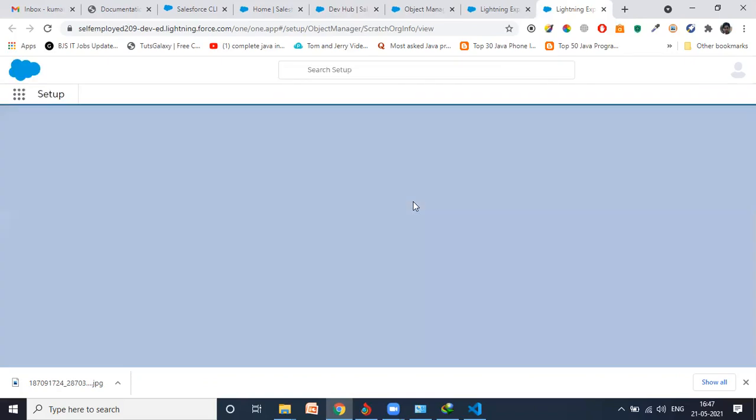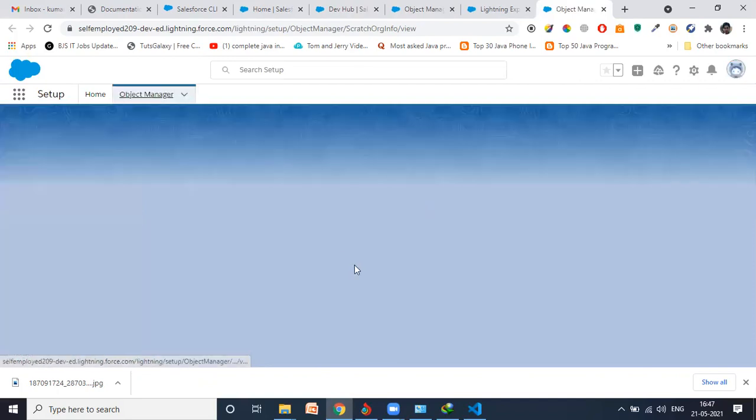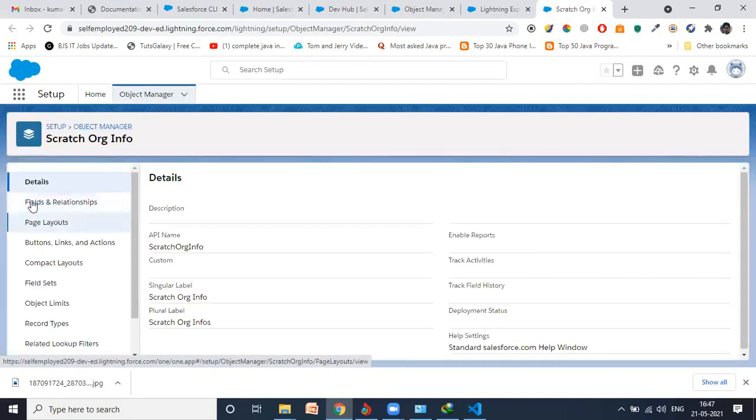Maybe you have created three different scratch orgs one by one, so all three will be stored here. The active scratch org is the scratch org you are currently using, and it will be shown here.